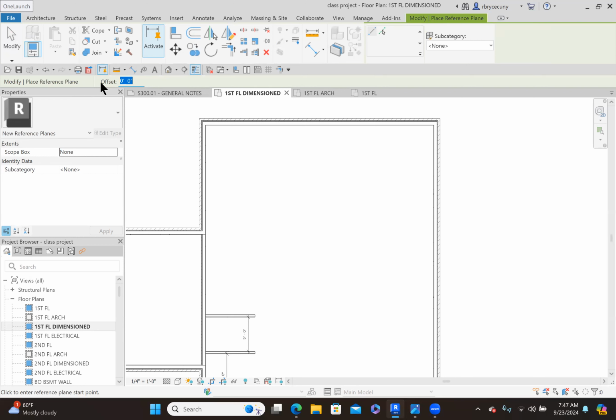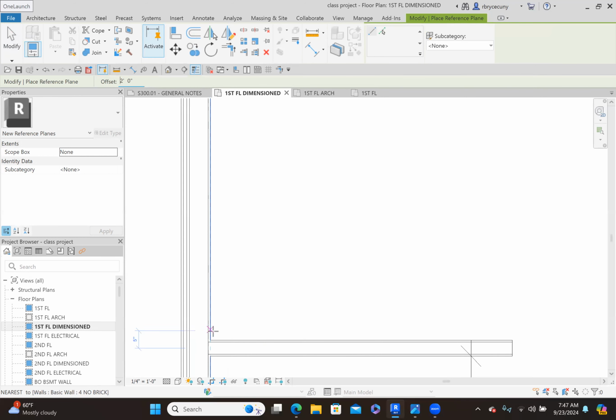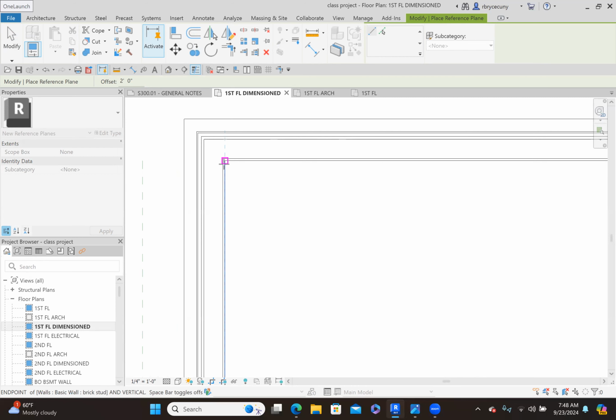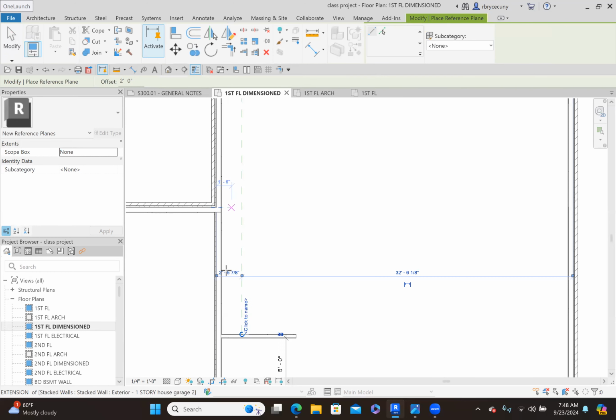So in the bar here, we have an offset. I'm just going to type 2. So now when I draw a line from here, we'll take it all the way back to here. It draws a line that's 2 feet away, but notice it's drawing it on this side, and that's not the side I want. So I hit the space bar and then click, and it's drawn that reference plane 2 feet